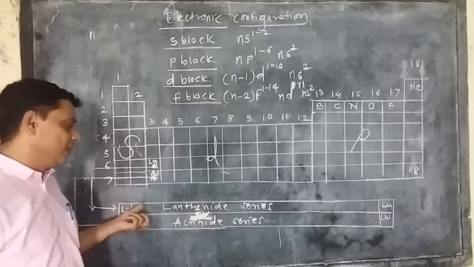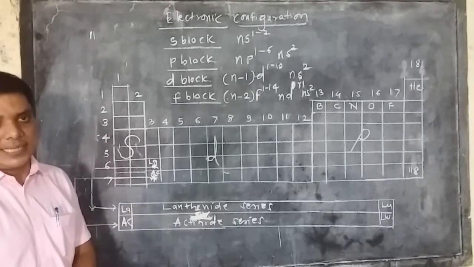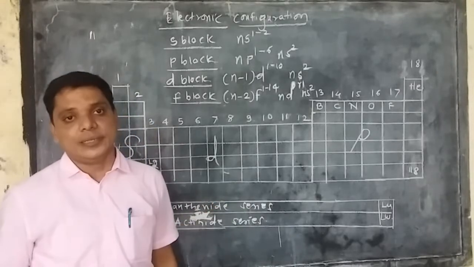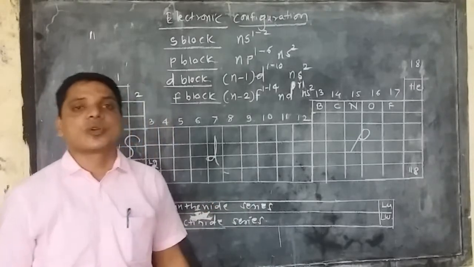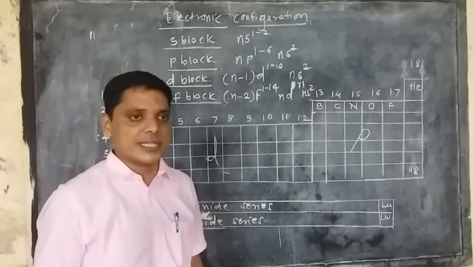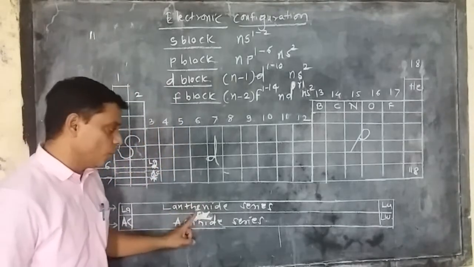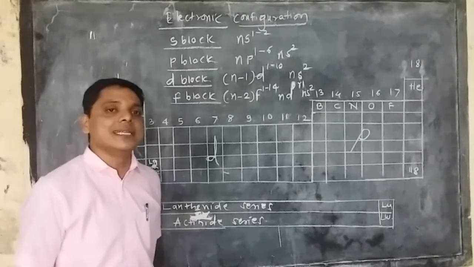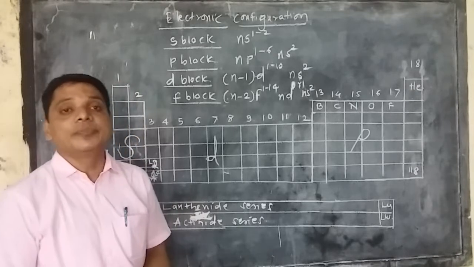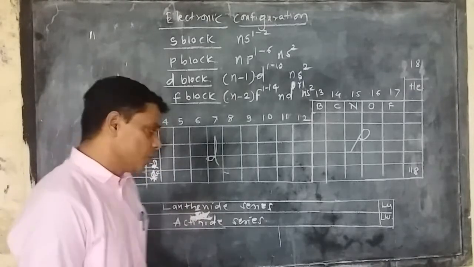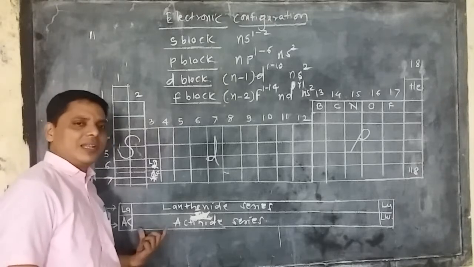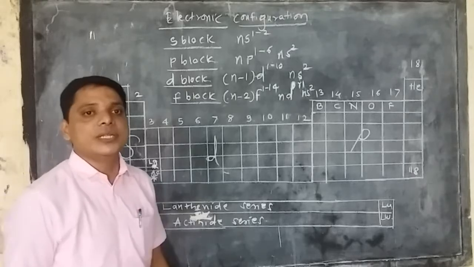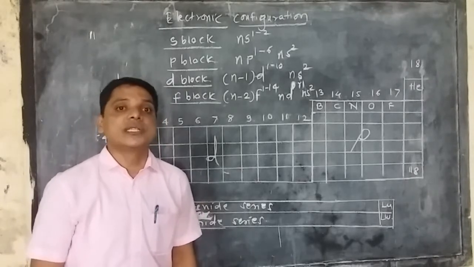The f block contains one lanthanide series and one actinide series. The lanthanide series is simply called rare earth metals, while the actinide series is called the radioactive element series. In the lanthanide series only promethium is radioactive in nature, while in the actinide series all elements are radioactive in character. In the actinide series, the first four elements, actinium, thorium, protactinium and uranium, are radioactive and exist in nature.